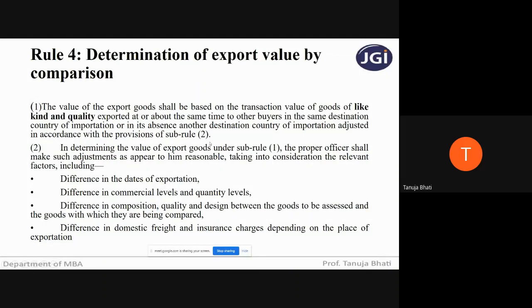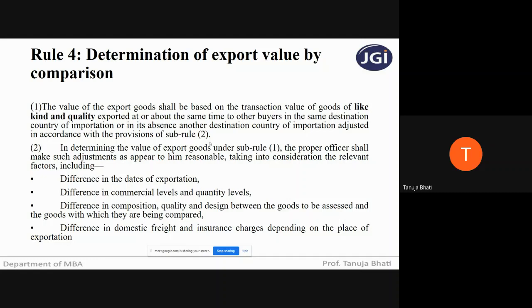That suppose if the value as per rule number 3 has been rejected, then the exporter will jump to rule number 4, where he has to take the value of the goods that he is exporting as the value of like kind and quality. Means, suppose he's exporting a product which is a substitute of that product, same in its characteristics, physical presence, everything same, functions, and whatever the value of that particular goods is, he has to take the same value for the goods that he is exporting, provided those goods are going to the same country, same destination,